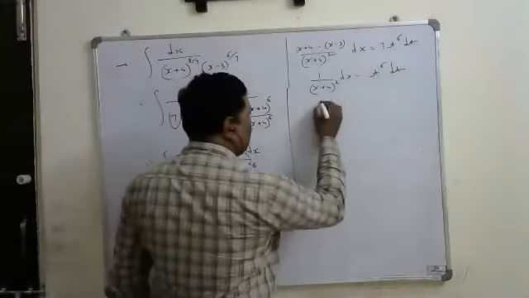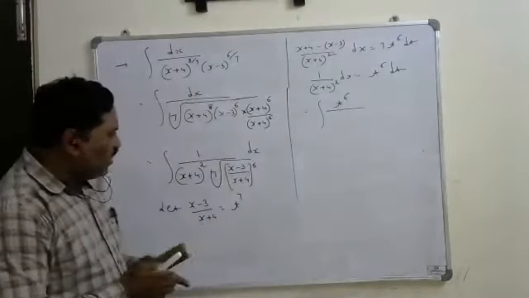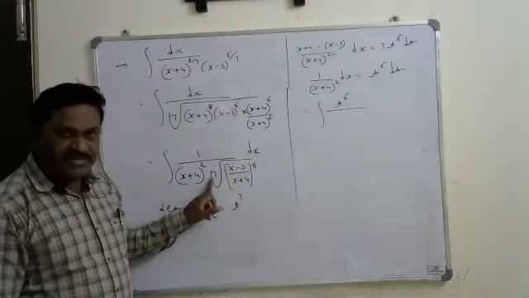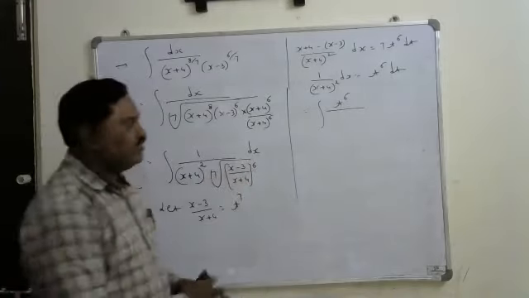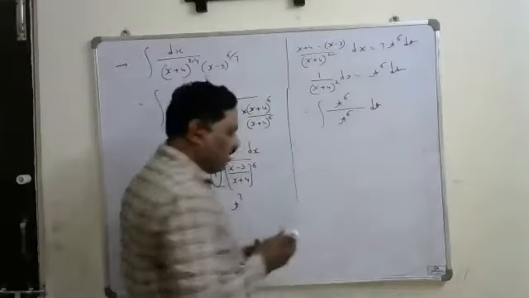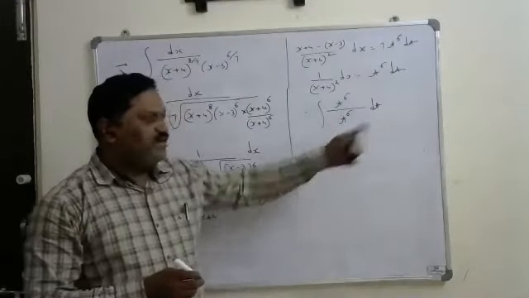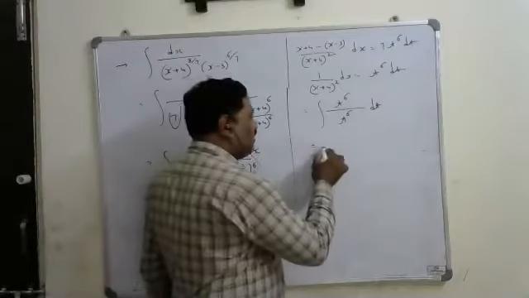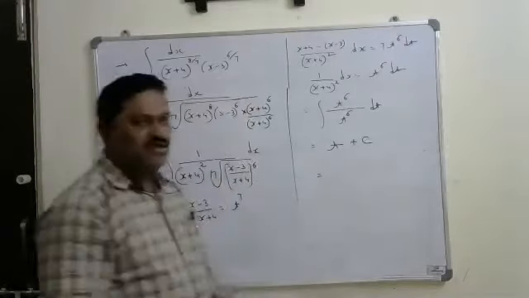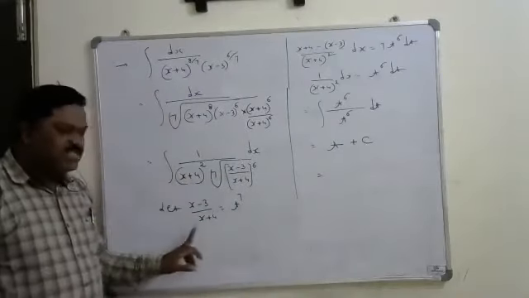Therefore, this problem is integral t power 6 dt upon, since we have taken t power 7, the denominator also has t power 6. So t power 6 and t power 6 get cancelled. The remaining is integral 1 dt, which is t, plus c. This is the integration. Finally, we have to substitute the value of t. We have taken that t power 7 is this much.